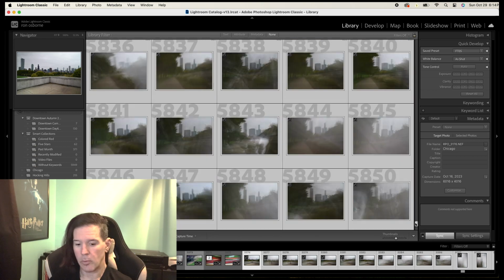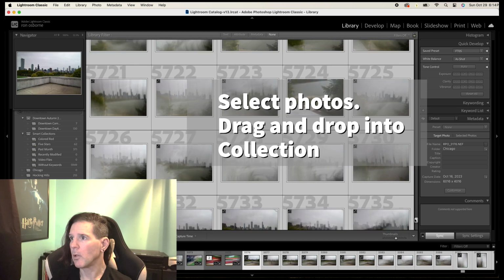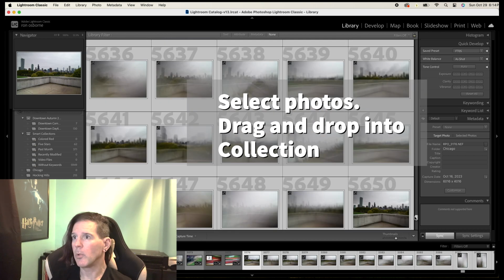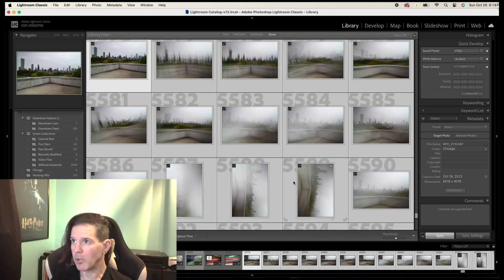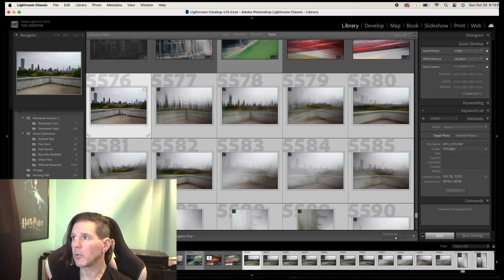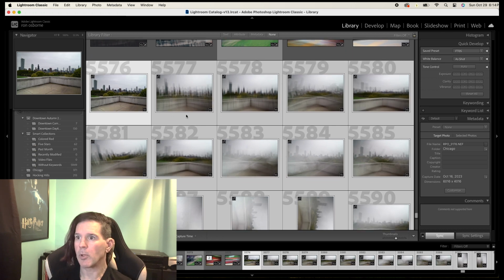I'm going to shift select. Now they're all selected. You see quite a few of them. I can separate them out as much as I want to, or I can just keep them all bunched together. But I'm really just going to go ahead and select all these. And then I am going to just drag these and drop them into Chicago. Now you see